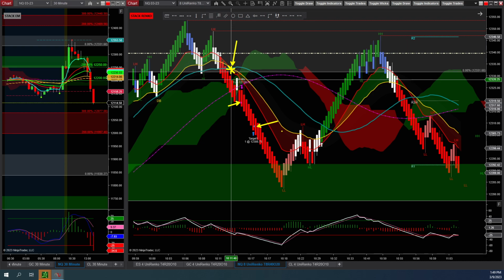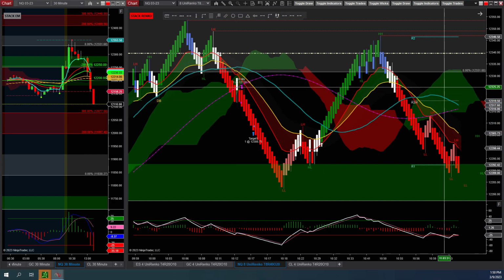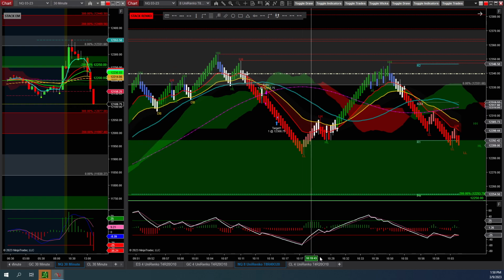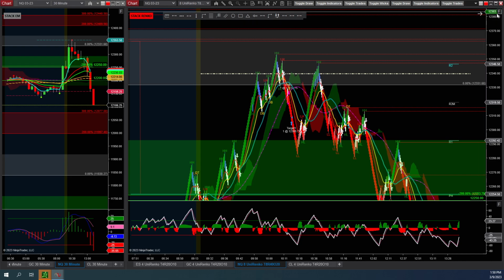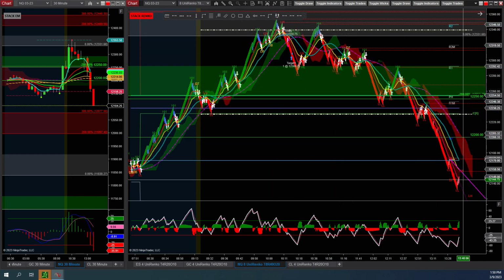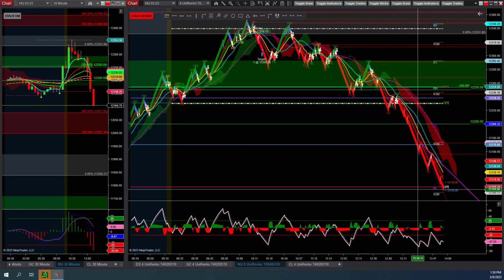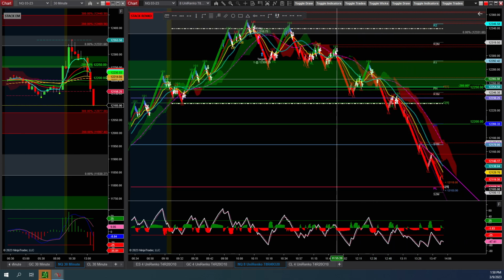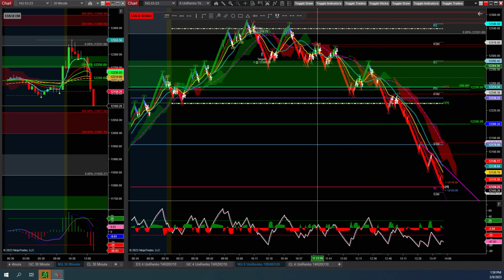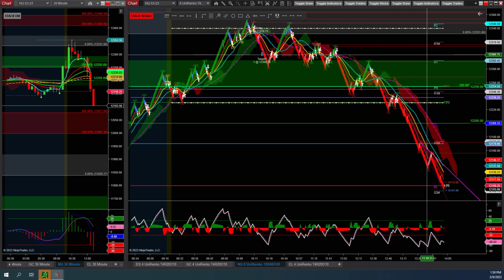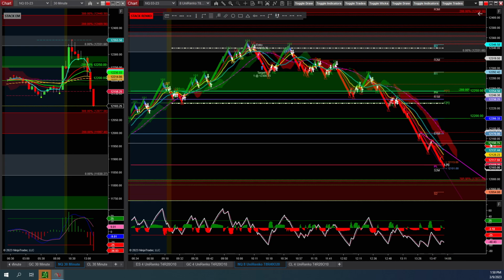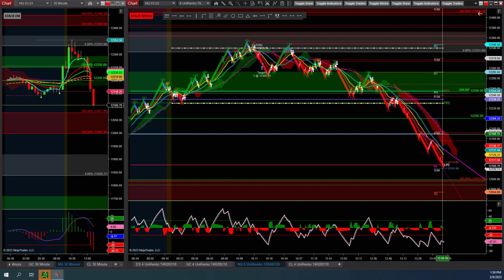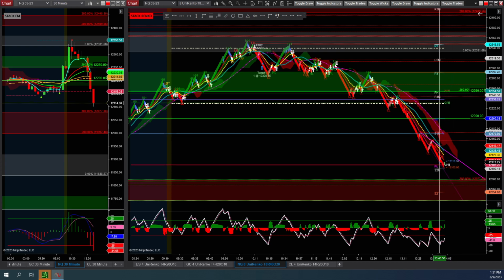So that is a small gain I made today. But the market was failing at these highs, and then it started to move down. It keeps moving down, and now it's at the previous low from yesterday. So it's breaking all these levels, 12,300, 12,250, 12,200, and then moving even back down to 12,100 now. And I think that the market is going to go even more bearish by tomorrow.